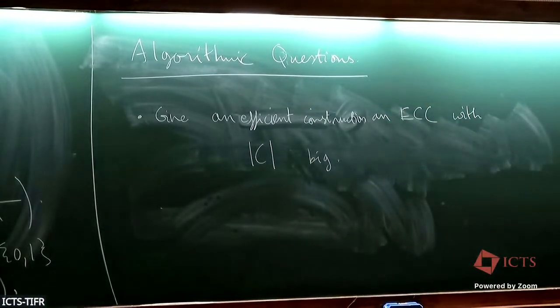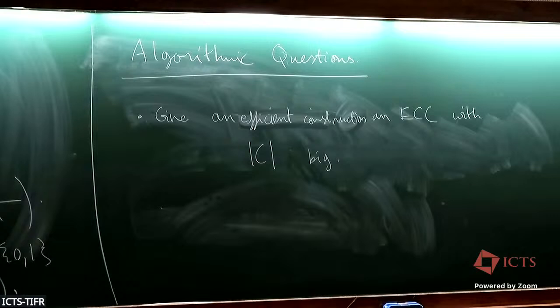But what do you mean by an efficient construction of an error correcting code? It's sitting inside sigma to the n. Its size is exponential. How do you efficiently construct this? I mean, if the final size of the code is exponential, you can't hope to find it in time less than exponential. But